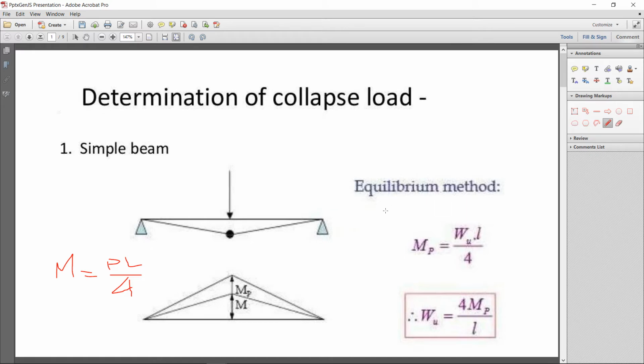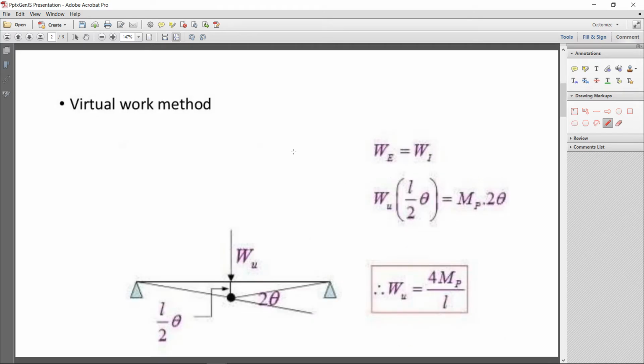Now this is the equilibrium method or the static method, the first method. Now we will get it by virtual work. Virtual work, that is the external work done is equal to internal work done. That is the definition of the virtual work method. Now external work done. In the external work done, the load is multiplied with the average deformation or the average settlement. Here that is settlement,